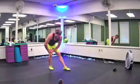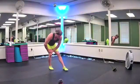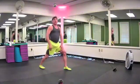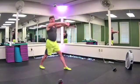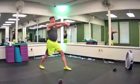4, 3. Side to side. 4, 3. Plant your foot, take a big step back with your left foot, push your heel to the floor. Lunging forward, fingers laced, palms turned out. Let's slide our shoulder blades apart. We'll rock forward. We'll stretch the back half and open the hip. 4, 3,